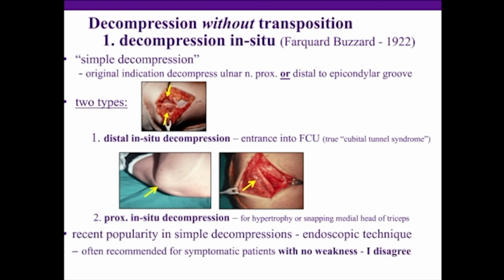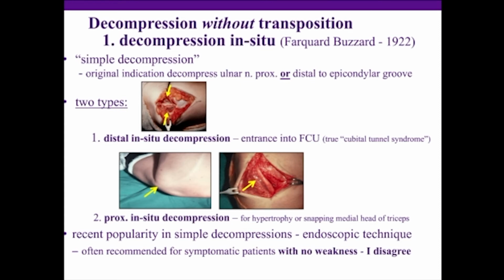Now, there's been a recent popularity in simple decompressions for the past few years, and it's often recommended for patients who have no muscle weakness because it's a simple operation, and usually the surgeon incises the fibroaponeurotic covering over the epicondyle. The risk of that is that it can cause subluxation of the nerve out of the groove, and what they recommend is at the time of surgery, if that happens, then do a transposition of the nerve. But again, if there's no muscle weakness, there's no urgency for surgery, and very often, if you treat this non-operatively,